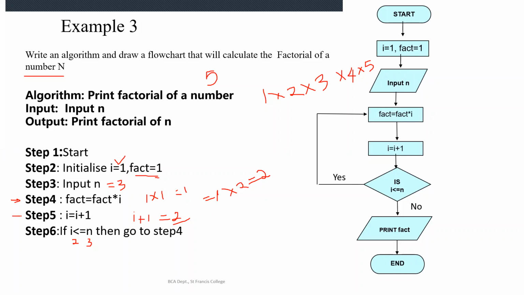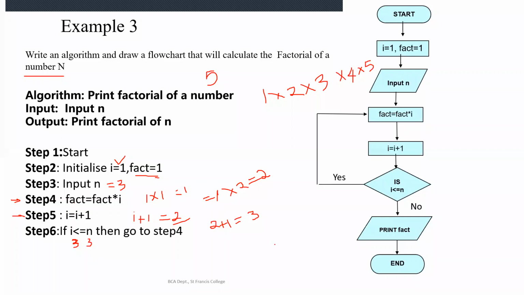Then it will move to the next step. The current value of I is incremented by 1. Now in this step, it will be 2 plus 1 and the value of I will be 3. Okay. Now in this step, it will be checking whether I value is 3 now, right? Whether 3 is less than 3. No, it is not less than 3. It is equal to 3, right? Less than or equal to means it is 3 equal to 3. It will go to step 4.